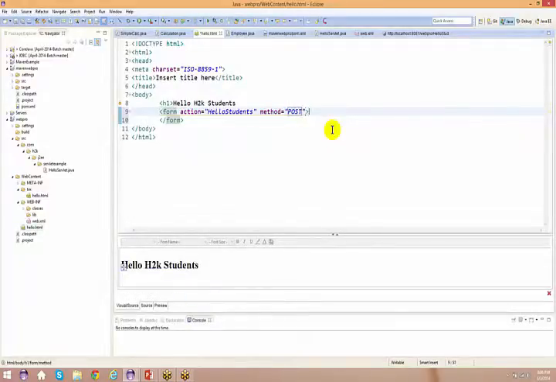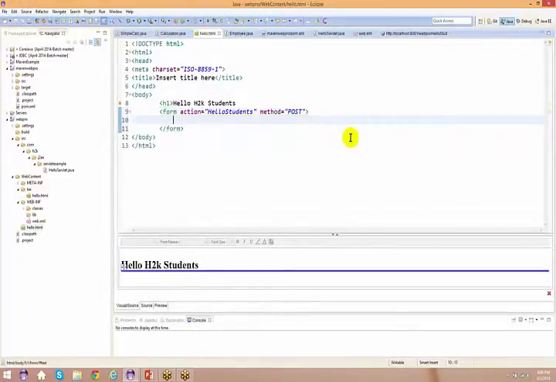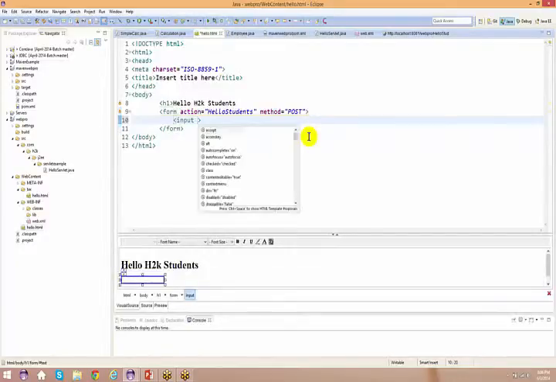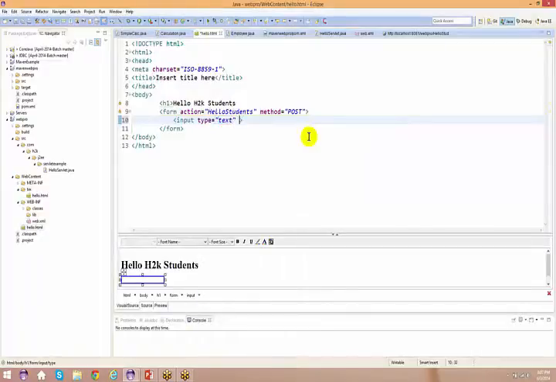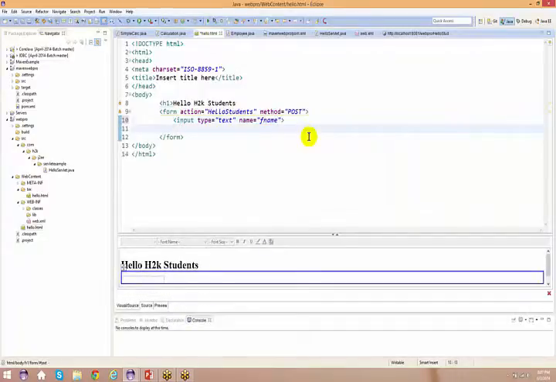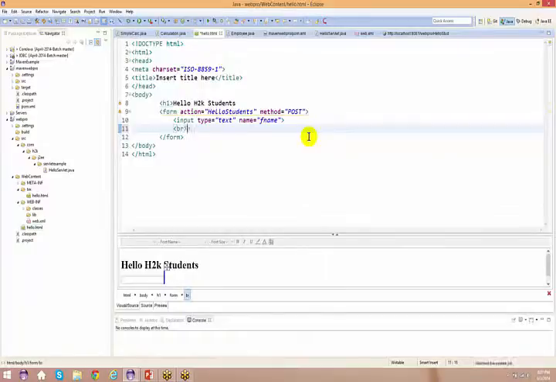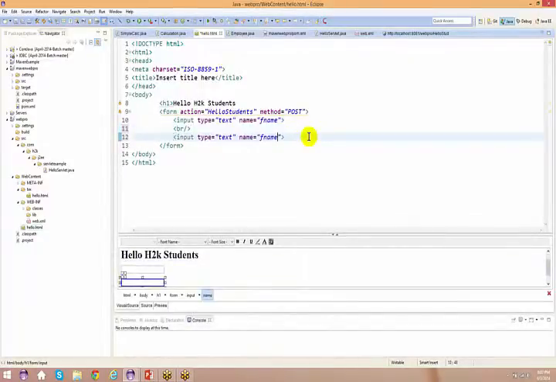We'll talk about this as well. Then I'm just going to say input type equal to text, name equals to, let's say, firstname. Then let me give a break out here, and again copy this and paste it out here, and this is your last name.